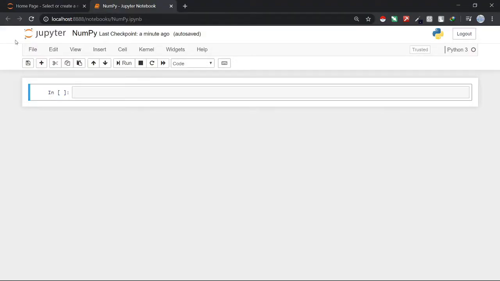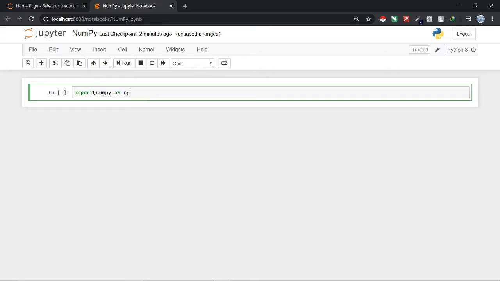So this is my Jupyter Notebook here, and to create a NumPy array, first of all we have to import the NumPy library. To use it in our code, we write a simple Python command: import numpy as np.